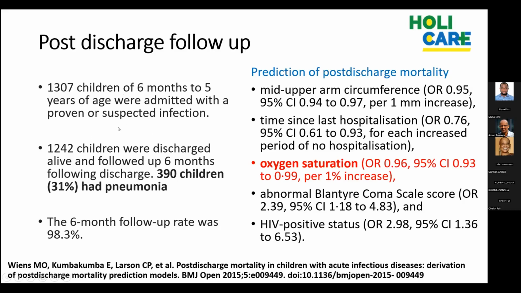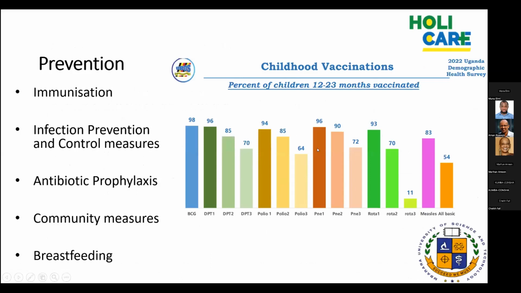What I wanted to mention is that if you follow up children very carefully over time, there are important predictors of mortality after discharge. We were able to follow up 1,242 children, 390 of whom had pneumonia, and a child who had a good oxygen saturation at admission was less likely to die after discharge, among other post-discharge risk factors. As I wind up on prevention, this chart,